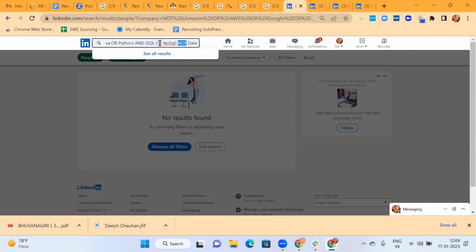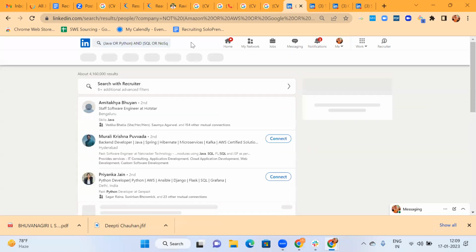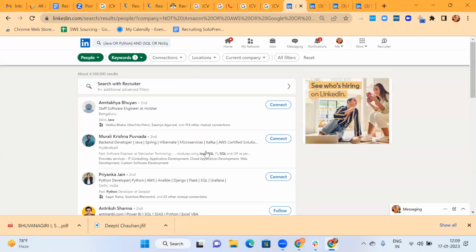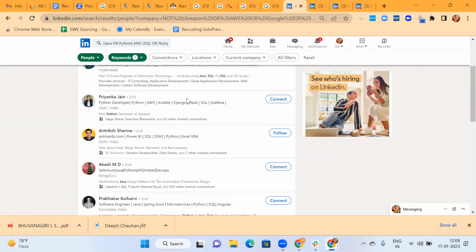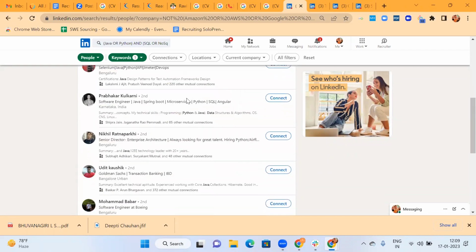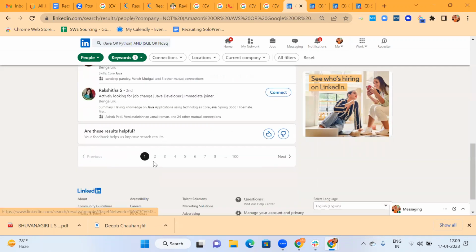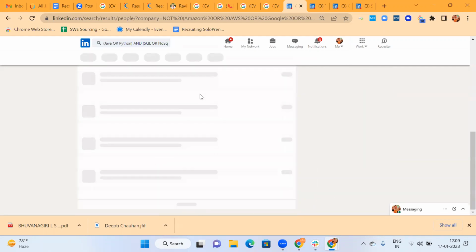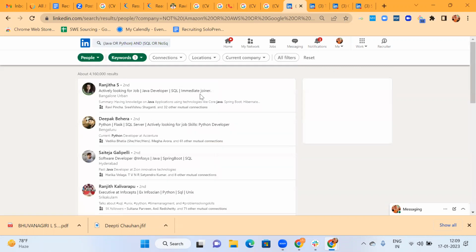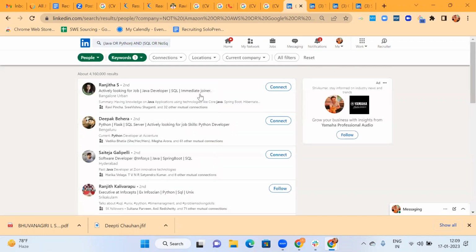Okay, 1, 2, 3, 4. Okay, now that data is gone from everywhere because we directly excluded it in the keyword itself. I could still see data structure somewhere, Shiv.